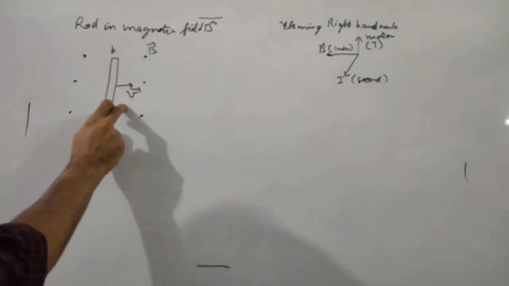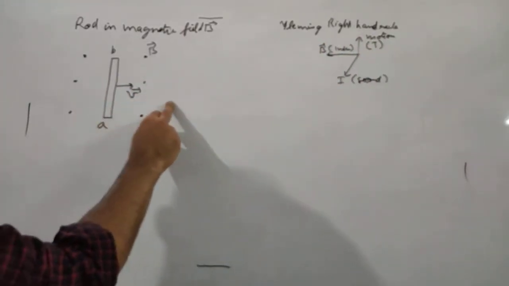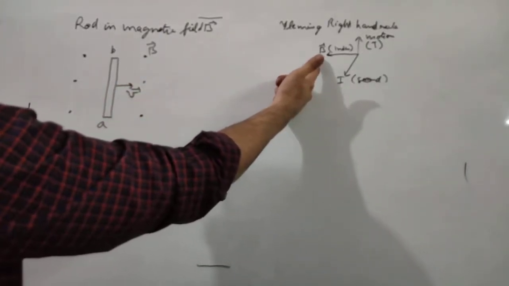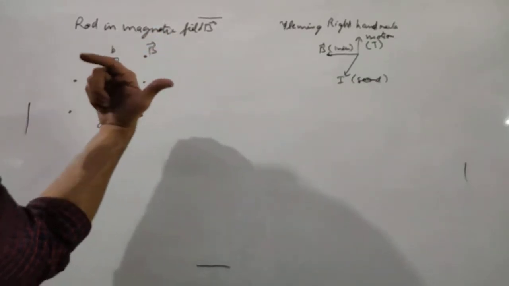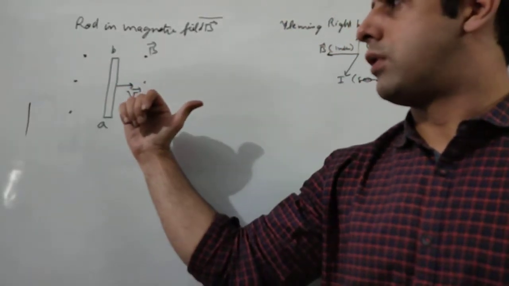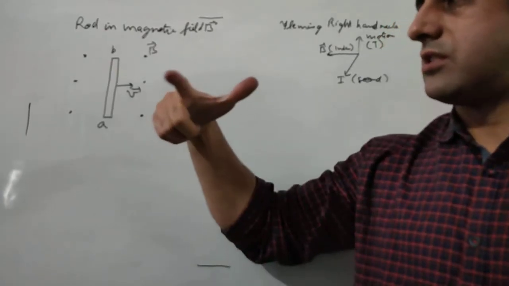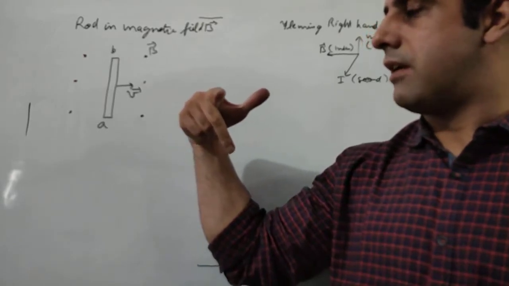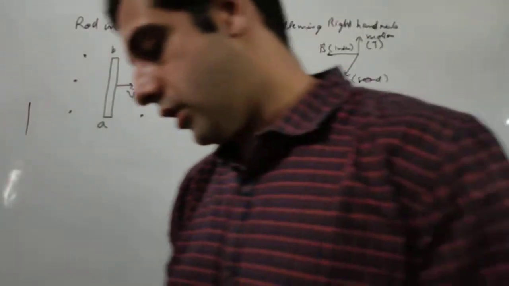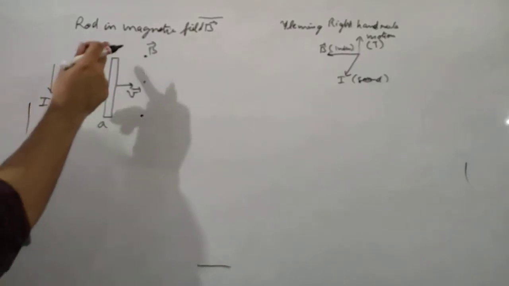So if we apply this here, the motion of the conductor, the velocity, is in this direction, so it should be represented by the thumb. The direction of magnetic field is outward, so it should be like this. So I'll come on this side. This is the direction of motion. The magnetic field, which is directed by the index finger, is towards you, so this is the direction. And then the second finger, which is downward in this direction, will give us the direction of the induced current. So if we apply this, the direction of induced current is downward.